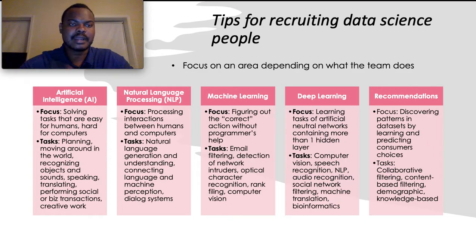We can also look at tweets or social media posts. We can have a natural language processing team that can process information and figure out what is being said there. So AI and natural language processing are two different teams, and it would be very relevant to hire accordingly